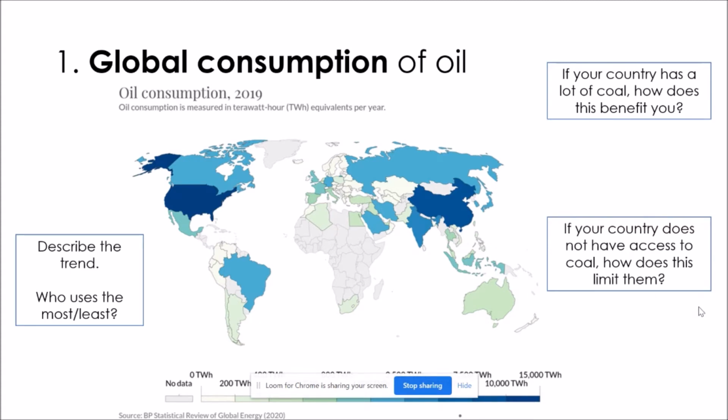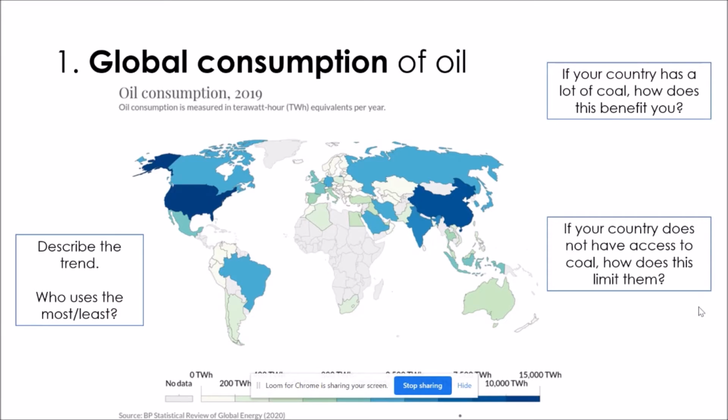map. So it's worth also making sure that you are able to think about what this means for the countries. So if you have got a country that has a readily available and plentiful supply of oil, that is obviously going to have quite an impact upon their development and also the lifestyles of the people in that country. So if we think about North America, who are the darkest colour here, they use the most oil according to